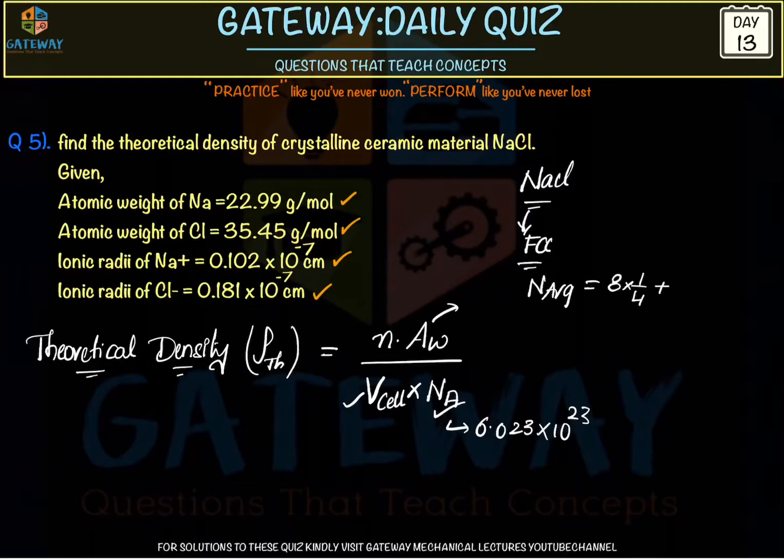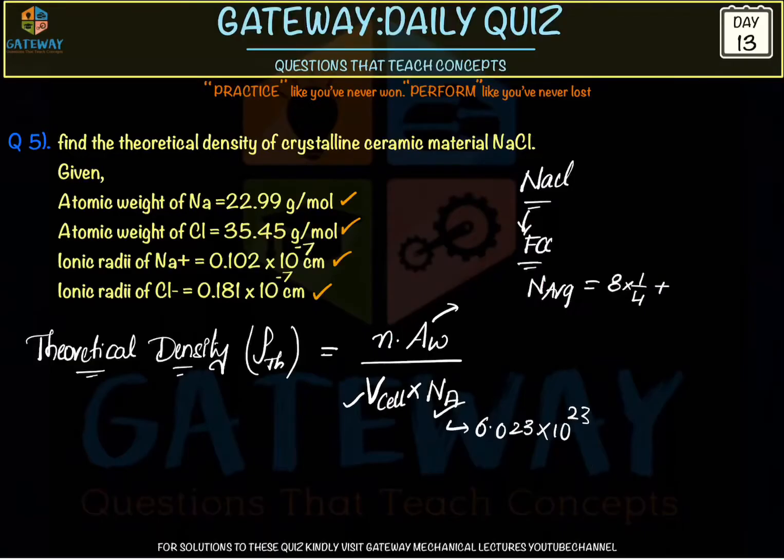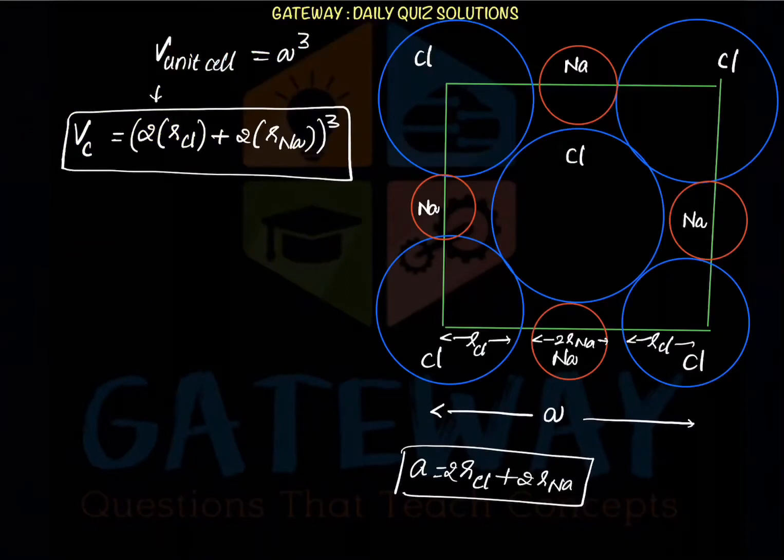Understand? 8 into the contribution is 1/4. Directly we'll see here how the combination will be. Generally the N average for FCC will be 4, and in that 4, 2 will be shared by chlorine and 2 will be shared by sodium. So if you can observe here,